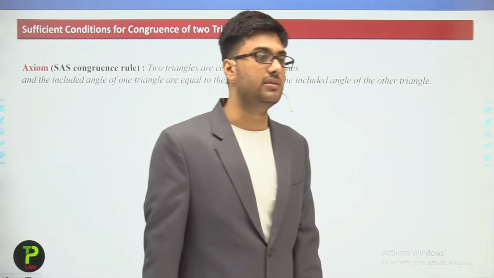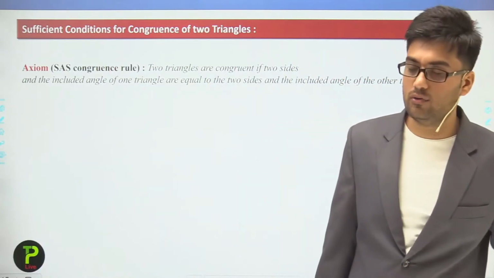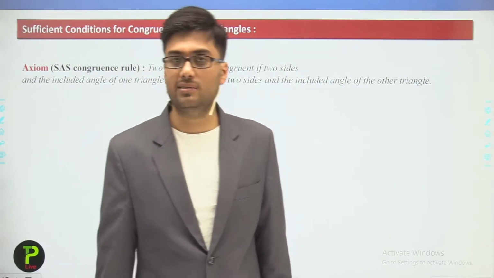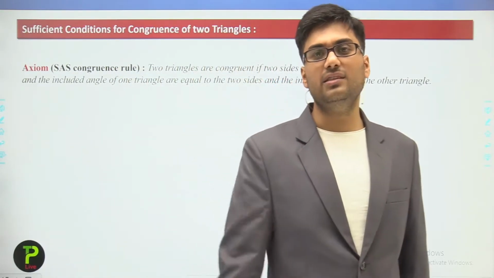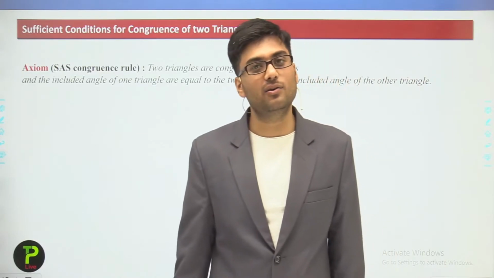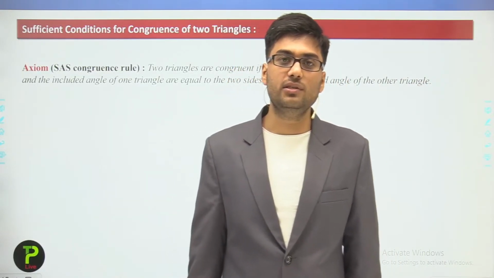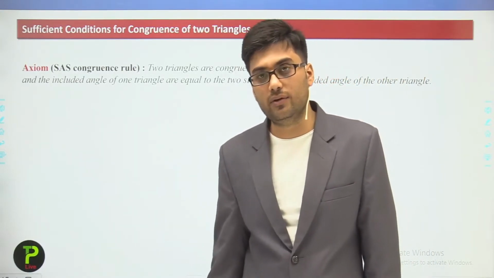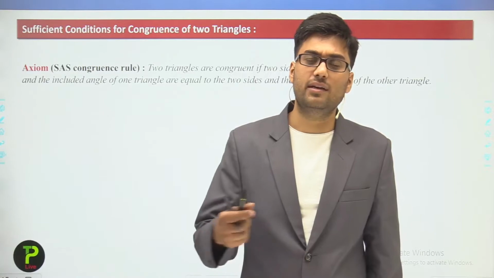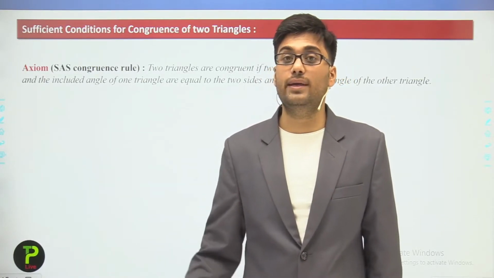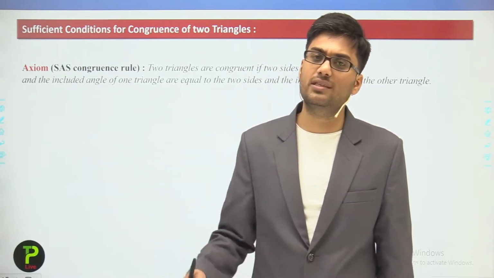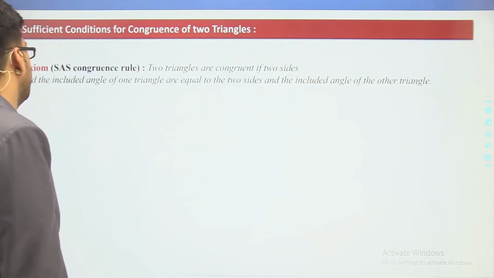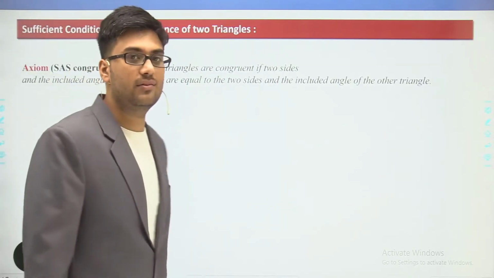Students, here we discuss that any polygons or triangles are congruent if all the corresponding angles are equal and all the corresponding sides are equal. Clear? Then we can say that the polygons and the triangles are congruent. But our mathematicians discovered some sufficient conditions to prove whether triangles are congruent or not. And students, it is not necessary that you prove all the angles and all the sides. You have to check just three criteria. Clear? So the first criterion is the SAS congruency rule, and this is an axiom.